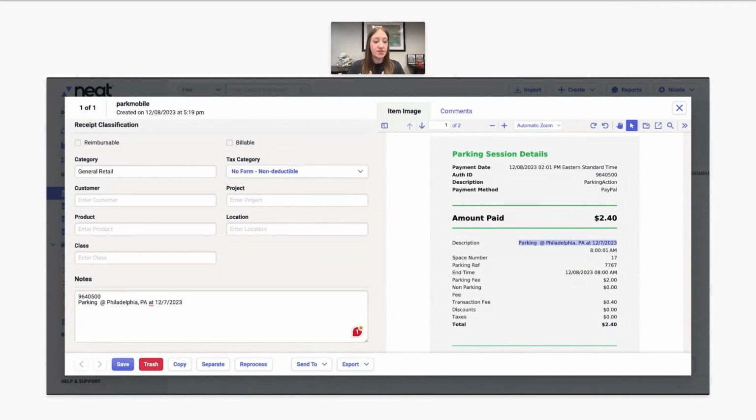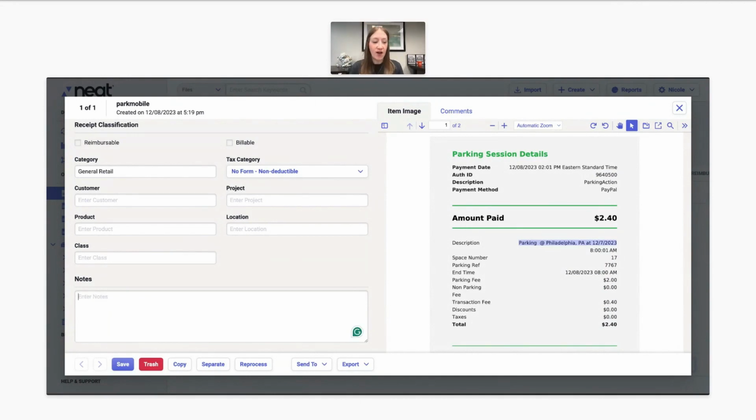What this really demonstrates is that Neat has taken this image and has transformed it so all of the text on the image is searchable and I can interact with it and highlight and copy from it. What this also means is any text that I can highlight on this document, I can also run a keyword search on. So for example,